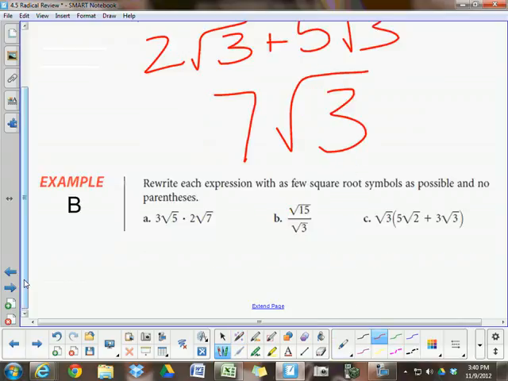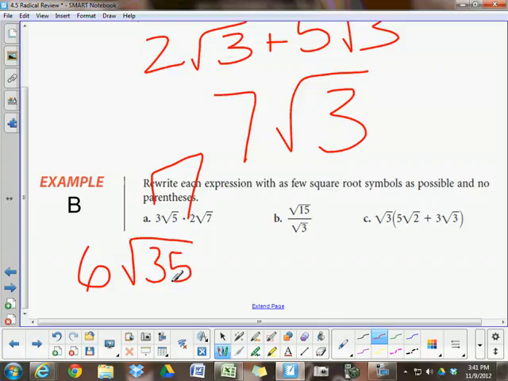Done. Moving on, example B, rewrite each expression with as few square root symbols as possible and no parentheses again. Now we're multiplying. You're going to multiply the 3 and the 2 and get 6. Then under the square root, you're going to multiply the 5 and the 7 and get 35. That's about it. In B, you're dividing 2 square roots. You can divide them inside and put the 15 and 3 over top of each other like that. 15 divided by 3 is 5. So this simplifies to the square root of